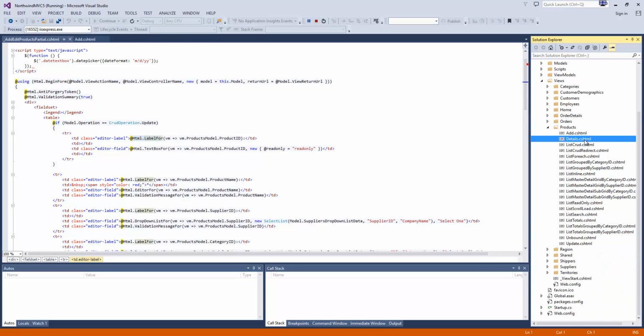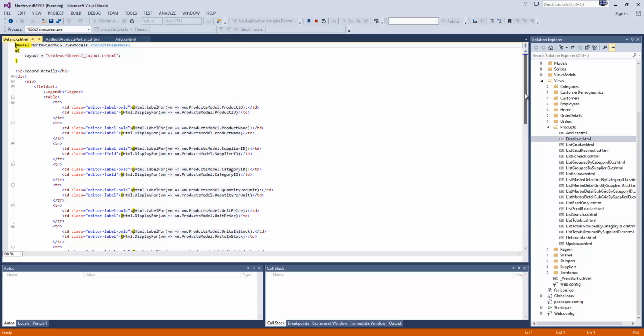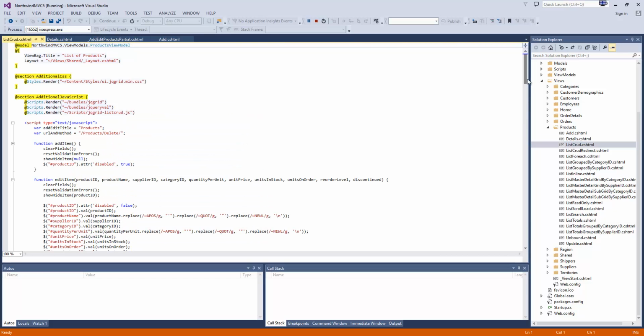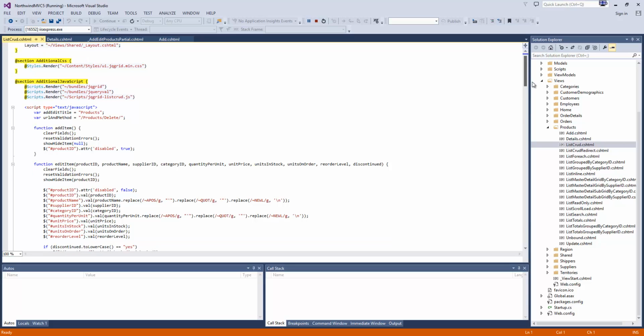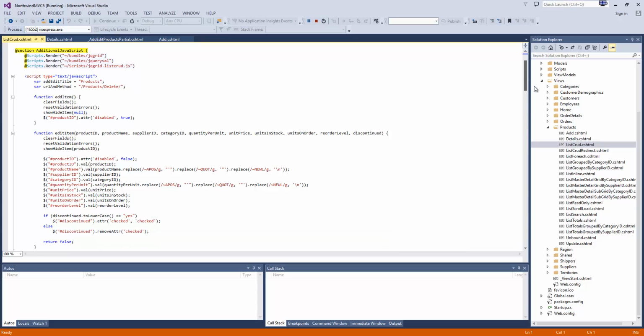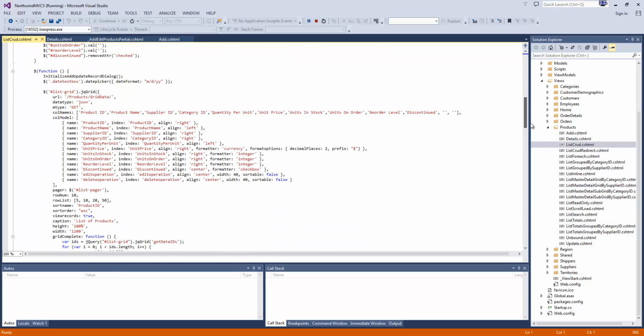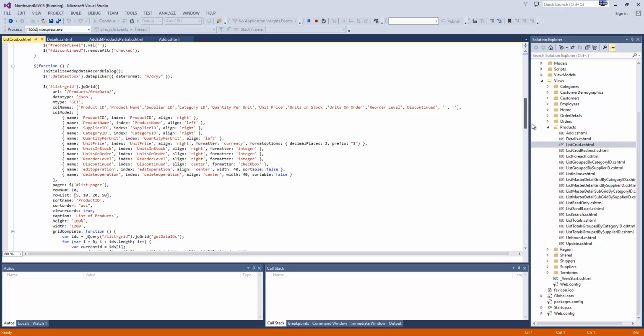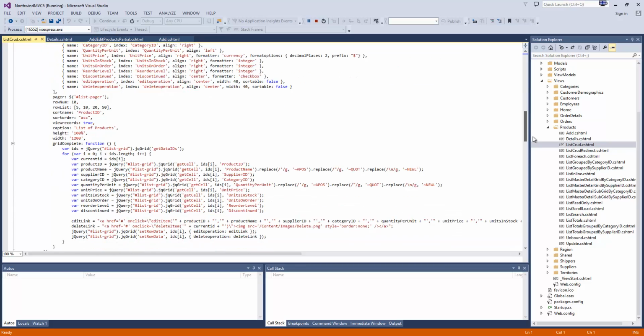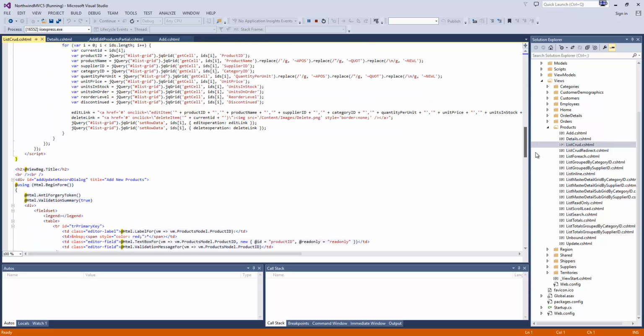You have the details view. Again, just plain HTML with tag helpers. Your list CRUD is the list that you could edit and update and add new products on the same page. You can see here this one is using a jqGrid, which is a